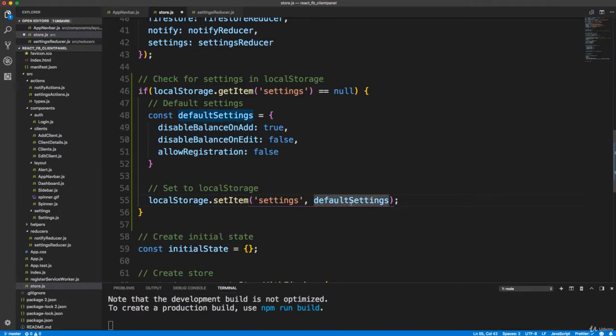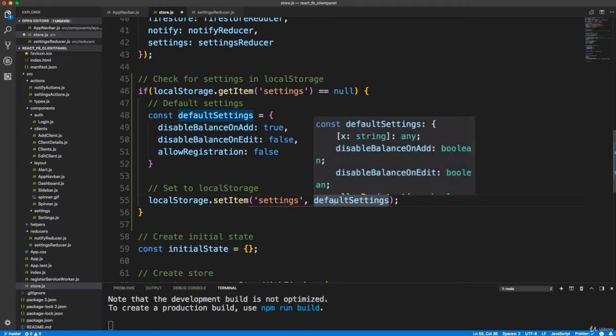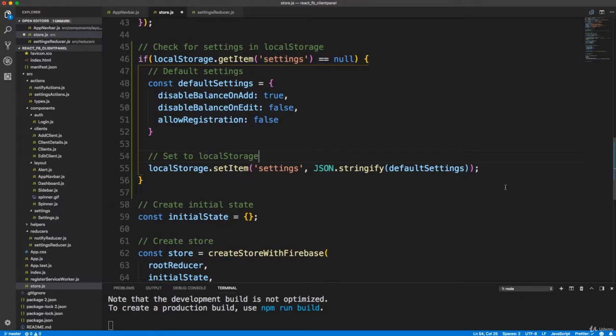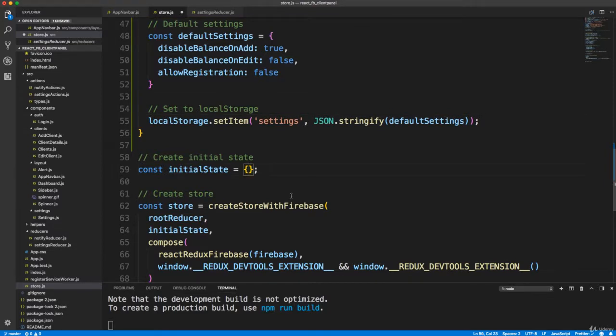we can't really do this. It's not going to hold a JavaScript object literal inside a local storage. So what we want to do is turn this into a JSON string before we store it. So I'm going to wrap this right here in a function called JSON.stringify, okay, which will basically just turn it into a JSON string before it gets put in. So that means that when we pull it out, we need to parse it back into an object, which we'll do. But for now, that gets put in there, and then in our initial state, we want to set settings